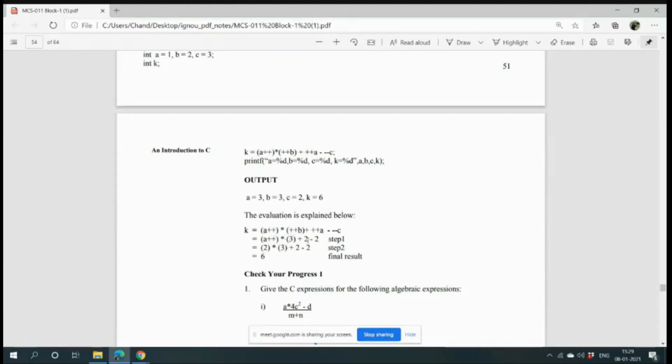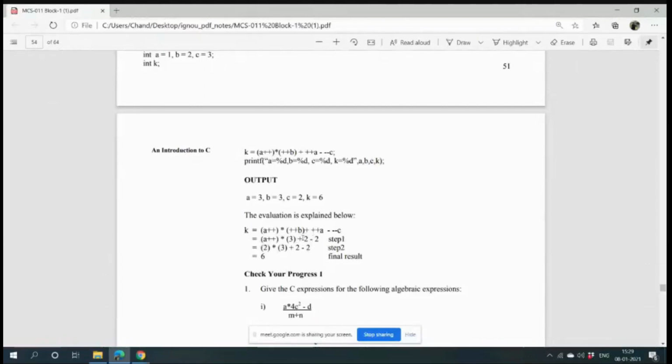So now you see, these two parts are clear. Now B is only one value, 2. And if you write plus plus B, as it is a prefix operator, it will be 3. And now A plus plus. A plus plus means already you have used one value. So tell me, now you have come from here to a new expression of A. Now A will use which value? Tell me. The last value of A is what?